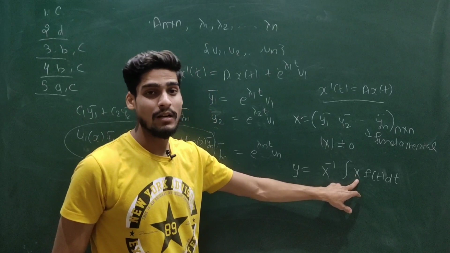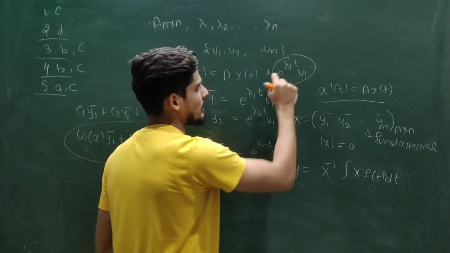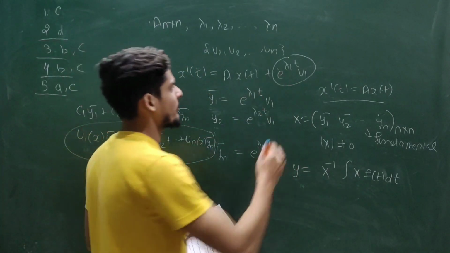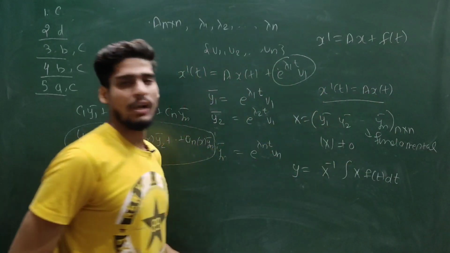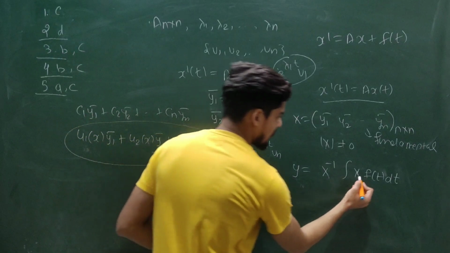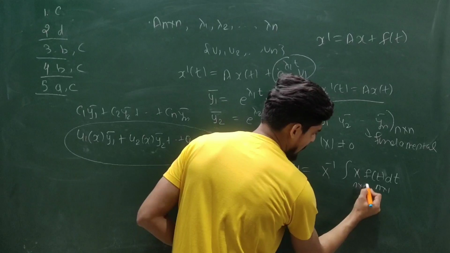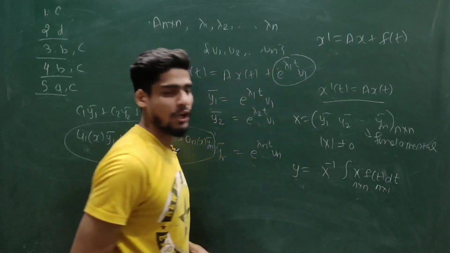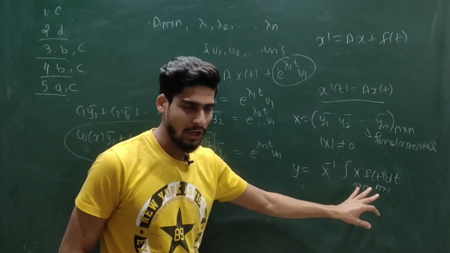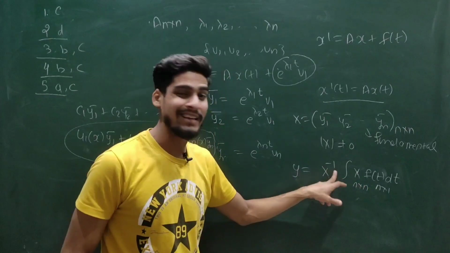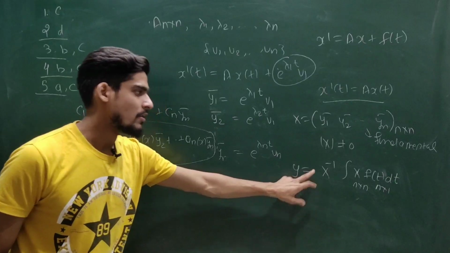That is because X is an n by n matrix. What is f(t)? Here they are taking only e^(λ1 t), but I am assuming you have a situation like x' = Ax + f(t), where f(t) is any column vector. So this is an n by 1 vector, and this is n by n. So you will have a column at the end after multiplying. Then you integrate component-wise, and you will again have a column. Then you multiply that column with X inverse, and you will get the exact solution. So this is the general theory for attempting this problem.